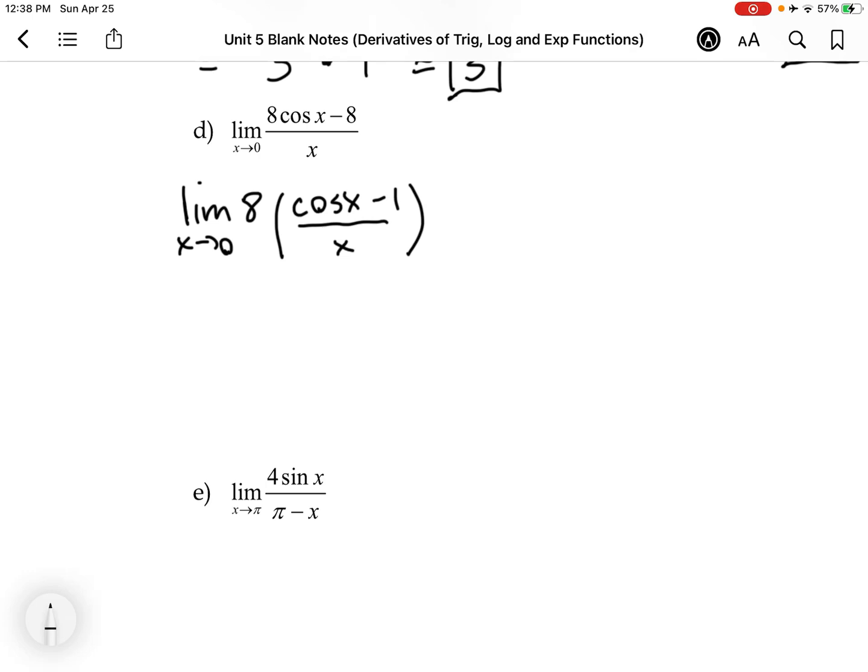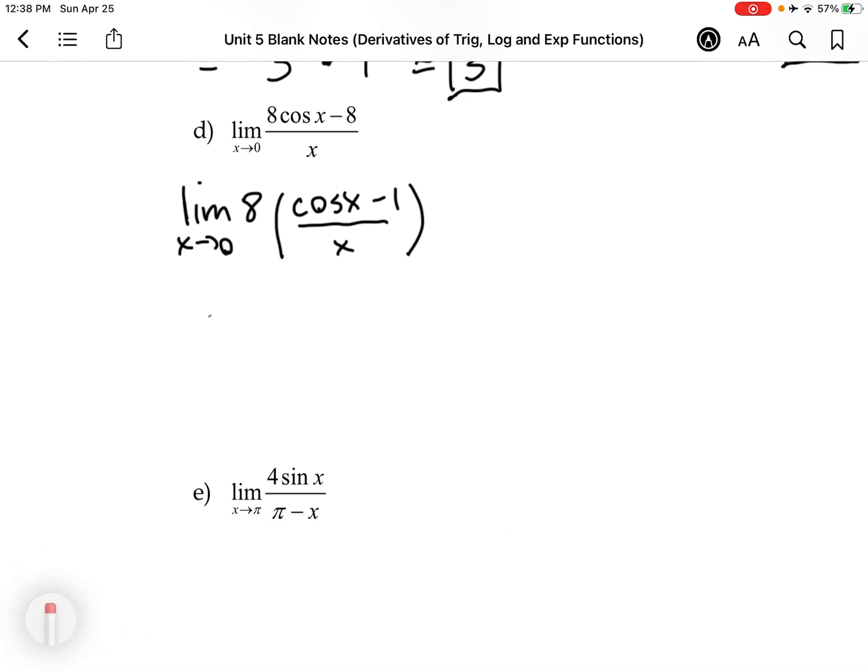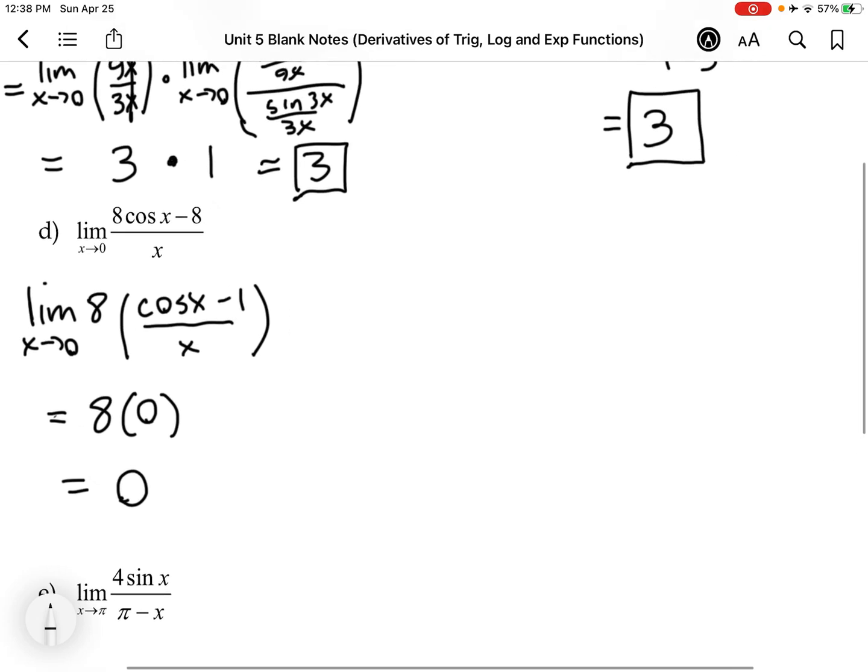And then if you remember from the beginning of this lesson, the cosine of x minus 1 over x has a limit of 0. So we can just replace it right now. This is just going to be 8 times 0, which is 0. Okay, so that's one approach. The other approach